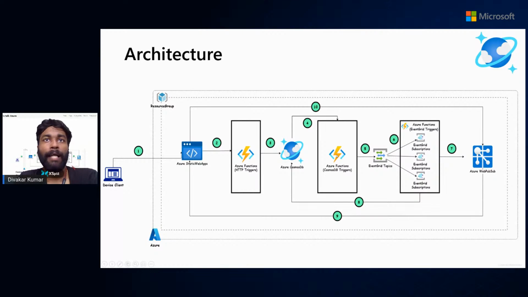After it has reached this Cosmos DB trigger, I am publishing this event to an Event Grid topic, as we have seen earlier. The reason for doing this is that whenever in future you want to add more subscribers to a particular event, you will be able to do that without incurring additional costs. And you can add multiple subscribers to a particular topic. That is what is depicted over here.